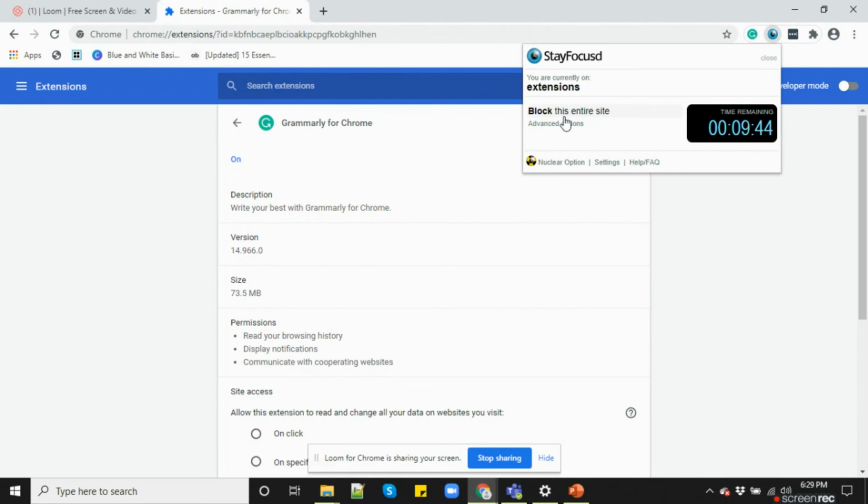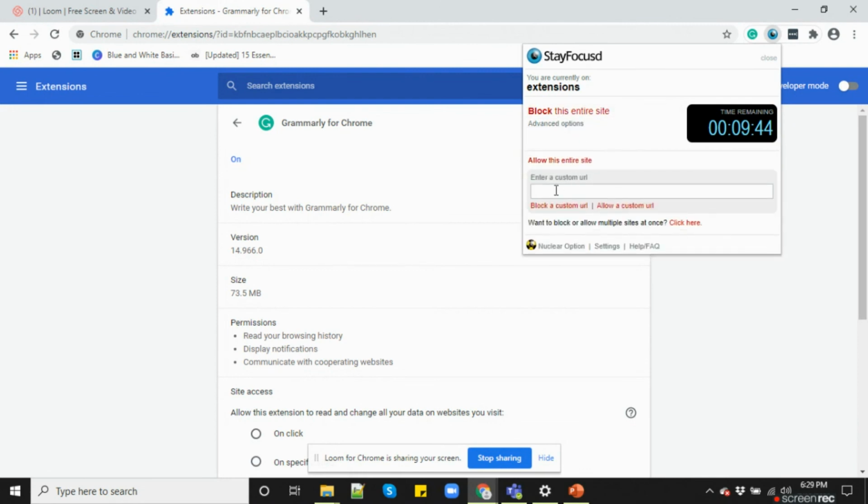And if you want to block any particular websites, you can block them here with Stay Focused for a certain period of time. You can restrict all these websites in this particular browser, and give it to the children or anyone you want to restrict. So these websites can be restricted here in Microsoft Edge as well as Chrome extensions.